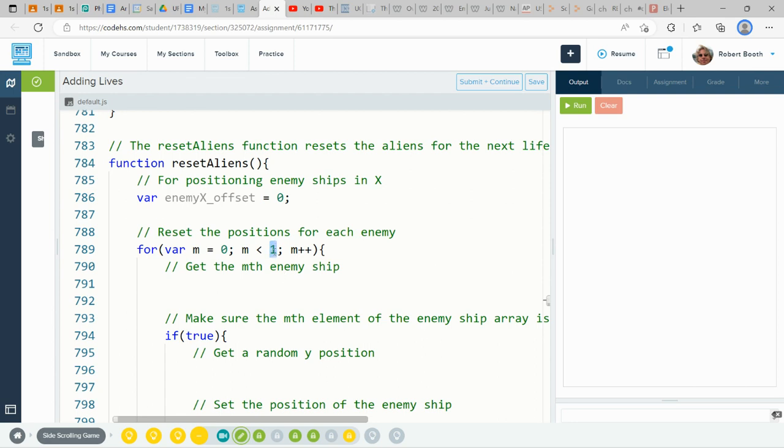So we're going to have to change the ending point for this for loop right here. I need this for loop to end when I get to the end of the